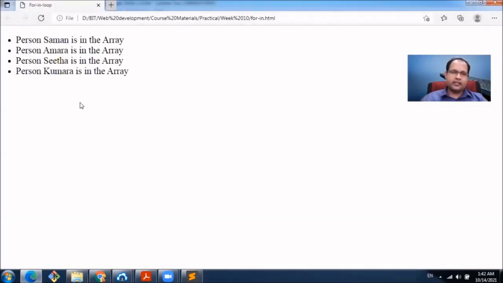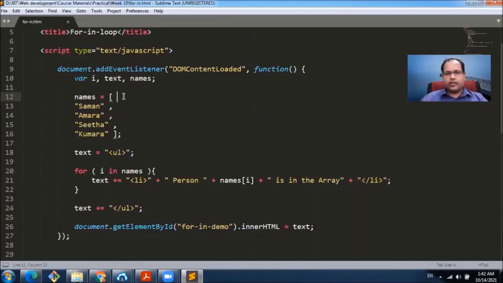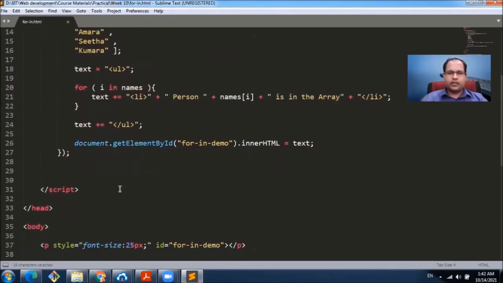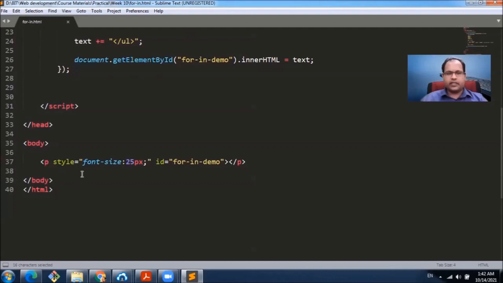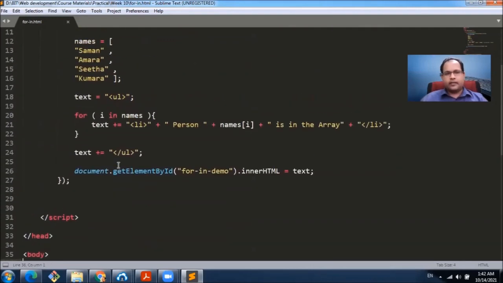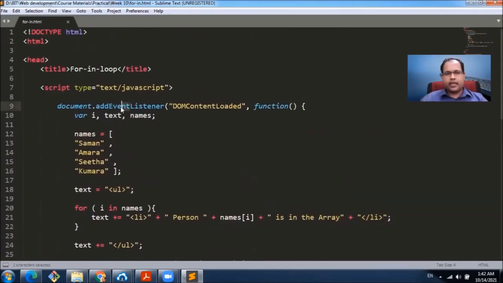Again, now we can see the contents. What actually happens here is this document emits an event when DOM content is loaded. So after loading all of this content and all the assets, this event gets emitted and we capture that event by listening to it, and only when this event happens, we execute this code.